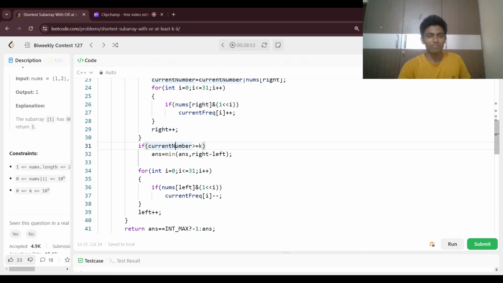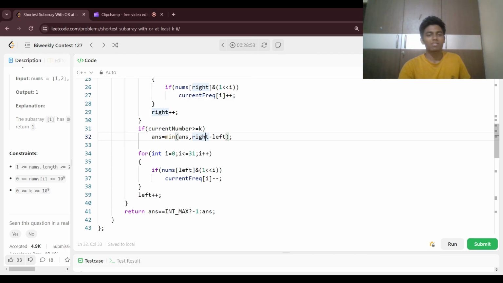And then if the current number is greater than or equal to k, then we are going to set the answer equal to the minimum of answer and right minus left. At last we are going to decrease the current frequency. Why? Because we'll be moving the left to left plus plus, so that the current frequency present at this particular left will be reduced, and then we'll be moving this particular left to left plus plus,